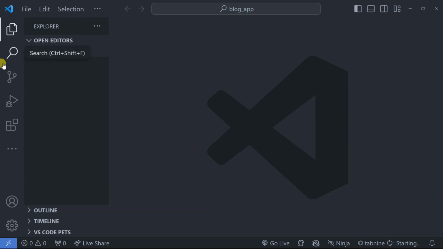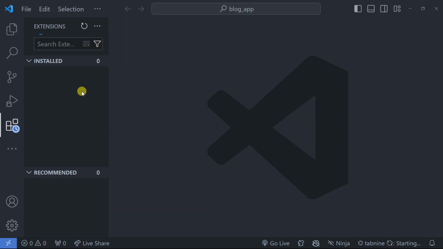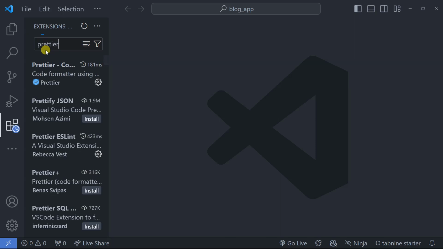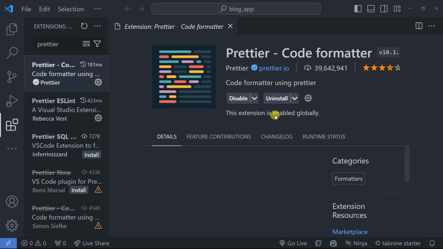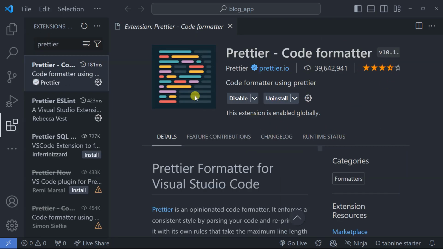Then for those who are new, you guys need to add some extensions. The first important one is Prettier. This one is good for formatting your CSS or JavaScript functions. It's going to format everything in a very good, readable way, so someone can see it and do something about it. Then after Prettier, you have this one here,